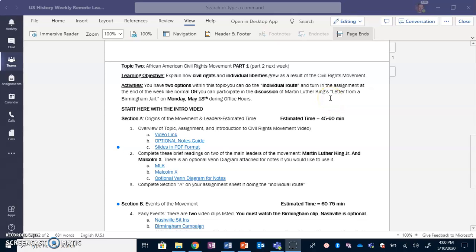It's one of my favorite topics in all of U.S. history. I just want to go over a couple things really quickly on how you can do this, because you do have, as it says, two options with this topic. You can do the individual route, which is going to be typical to what you normally do, where you're going to do an assignment and turn it in at the end and we'll score it, or you can participate in